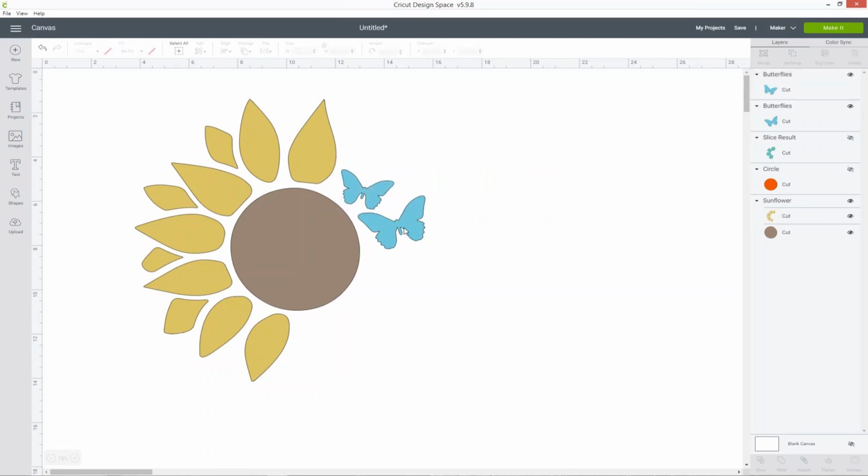You want to make sure when you're adding the shapes that they don't touch each other or overlap, because that will affect how it's cut. You want them all to be nice and separate. One trick to make sure you're not putting the butterflies too far away from the flower is to go into